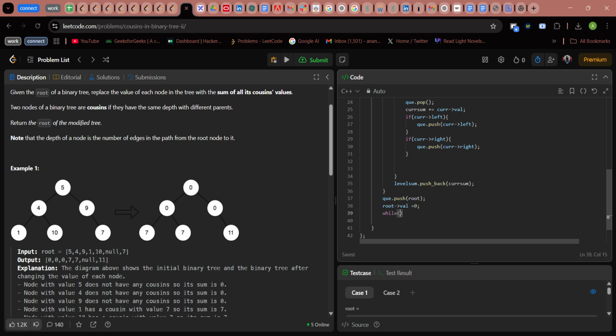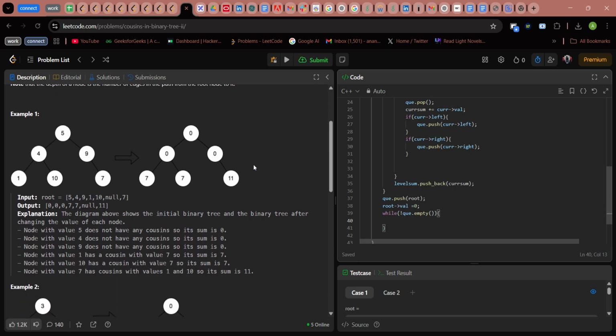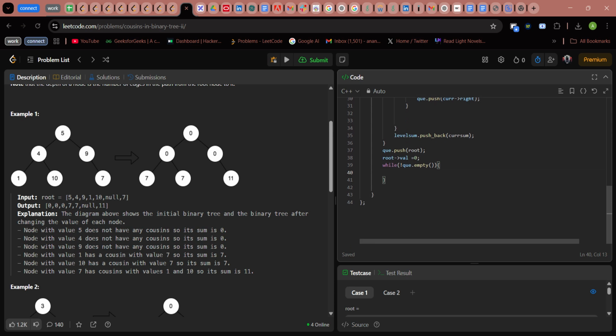Now while not q.empty, again I have to take all that particular part, that is int n is equal to q.size, and then what I will do is while n--,